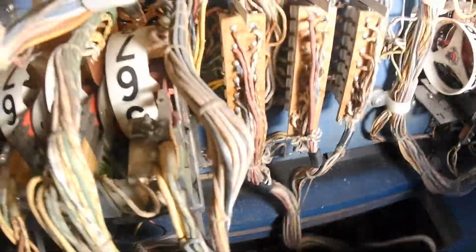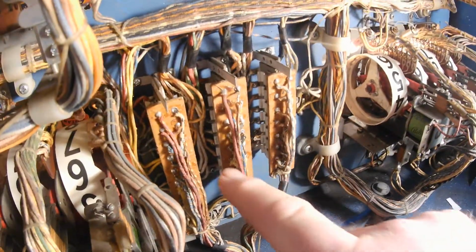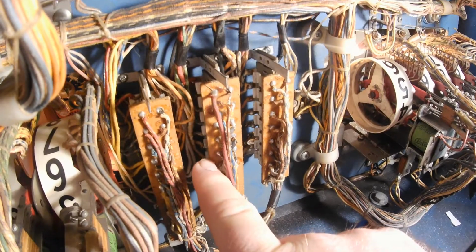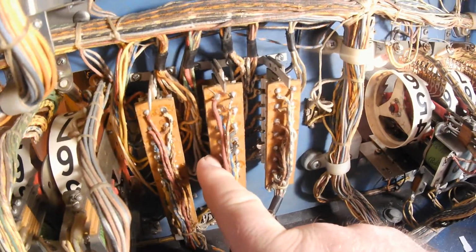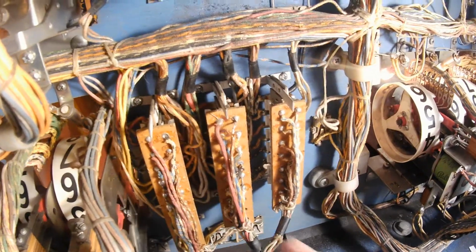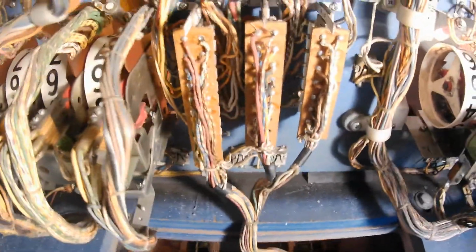I said, you know what, let me check to see if it's getting voltage through. Let me take the Jones plug off and put the meter on the male end, on the male end here, one end of the meter, the other end of the meter, and here's the blue and white wire coming from the Jones plug, and I put the other end of the meter on the red wire, and I tested the voltage,